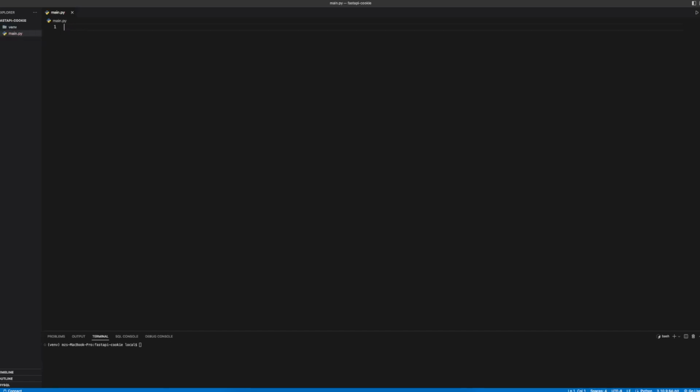Now we can import FastAPI. From FastAPI import the FastAPI class. Okay, now the next step is to create the instance by typing app equals FastAPI, and now a simple